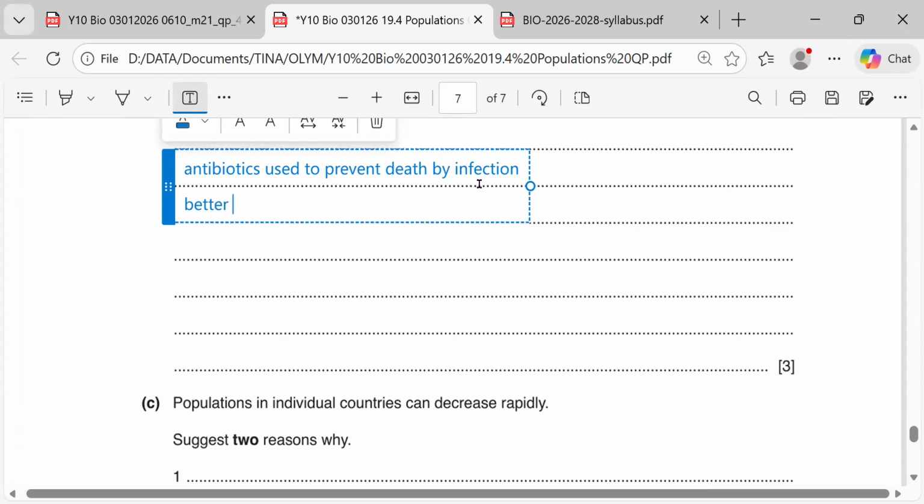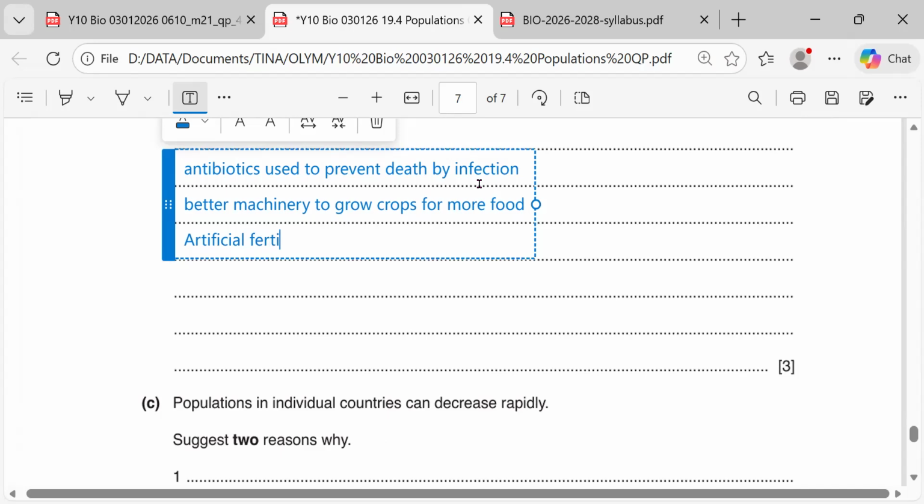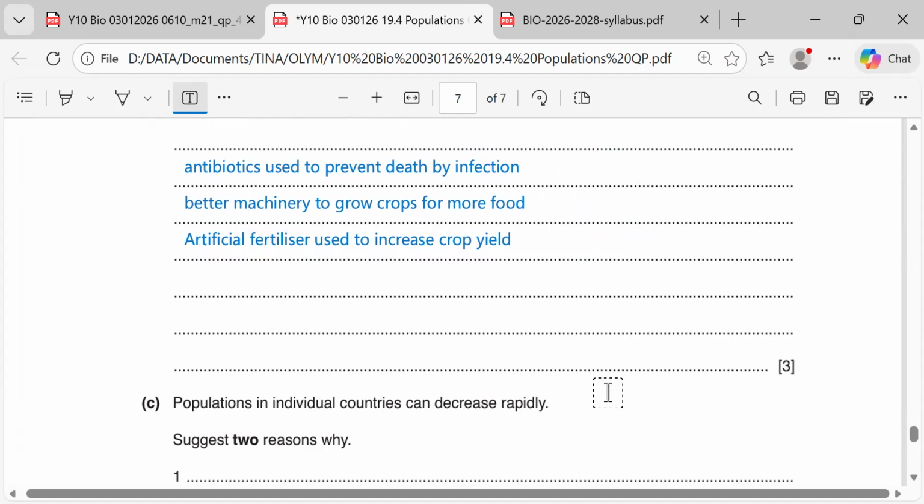Okay, better machinery to grow crops for more food, and artificial fertilizer. Basically, they're asking why humans don't die. Artificial fertilizer is used to increase crop yield. So humans have more food, more food, less